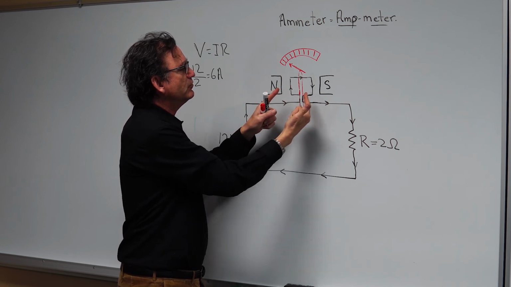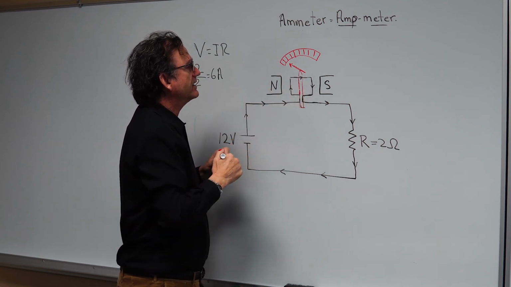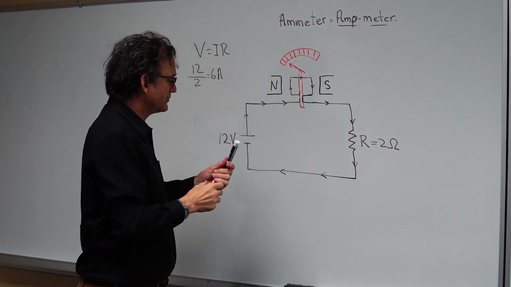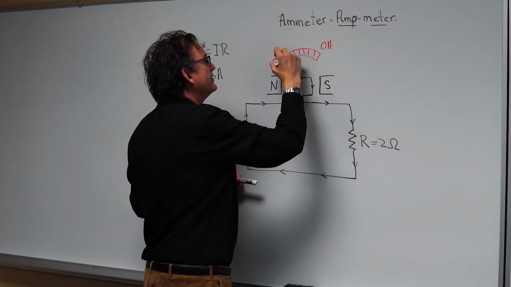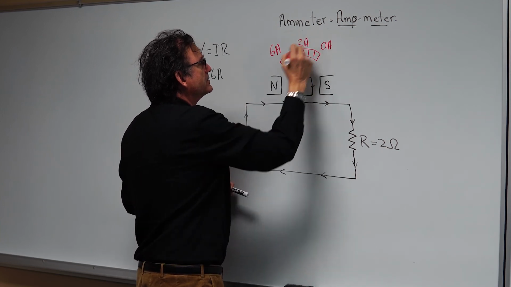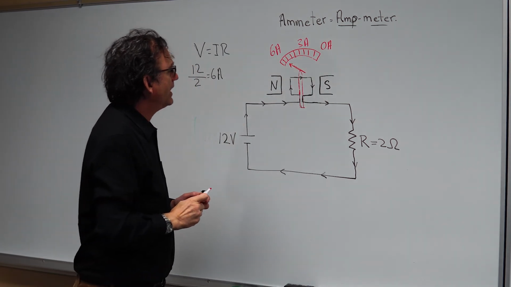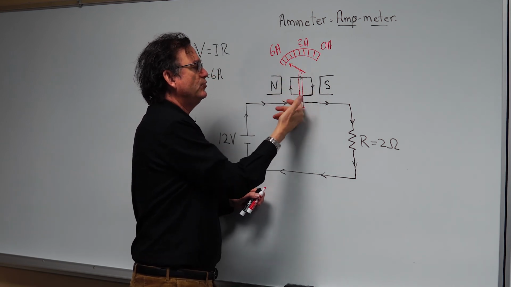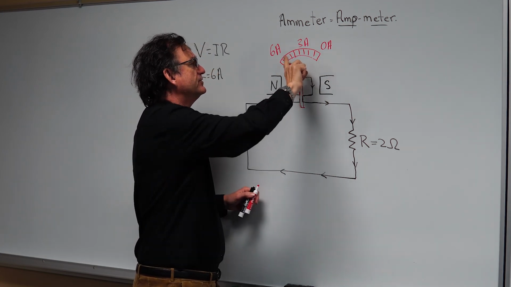Now as this loop rotates, it will be attached to a needle that points to an indicator of amperes, right? We might assume, for example, this could be 0 amps over here, this would be 6 amps over here, and in between would be 3 amps in the middle. So by looking at where the needle arrives on the dial, we have gotten that information by how much this loop of current was twisted in the magnetic field, causing the needle attached to it to move